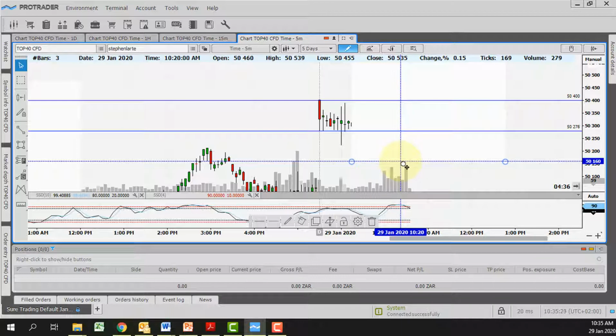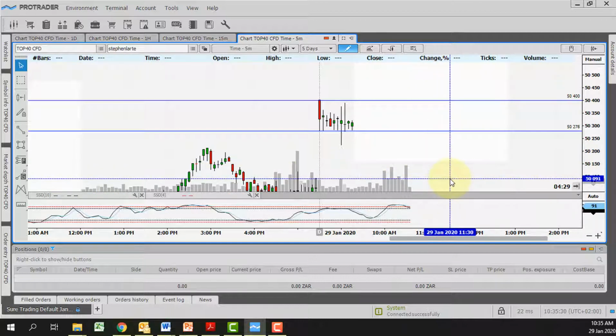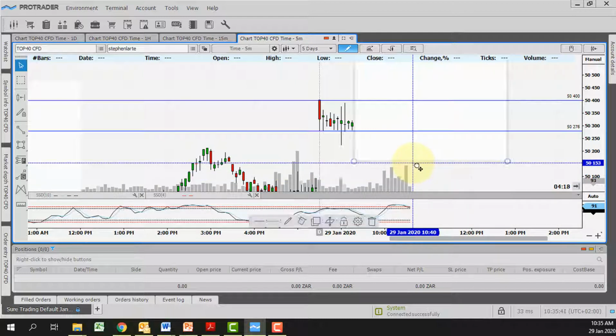Same with the next candle. Also the following candle. A lot of the time spent with this strategy is waiting patiently for an entry point. Can get frustrating at times, but like I said, it's very important to wait for it to close above or below the range first. Still within the range,